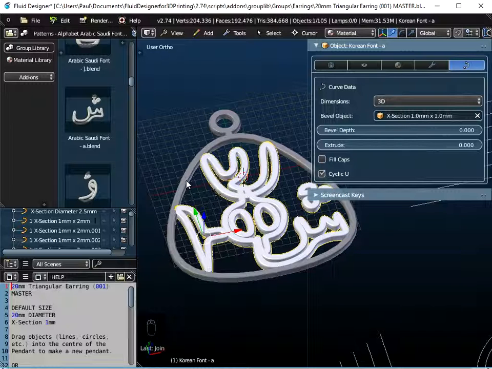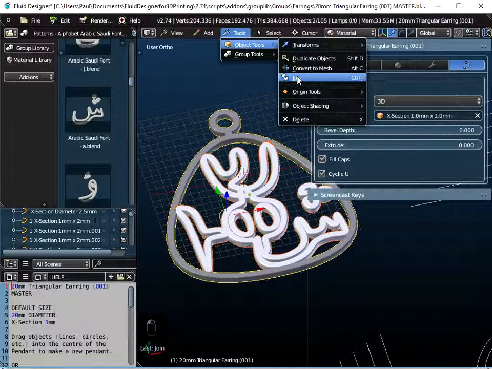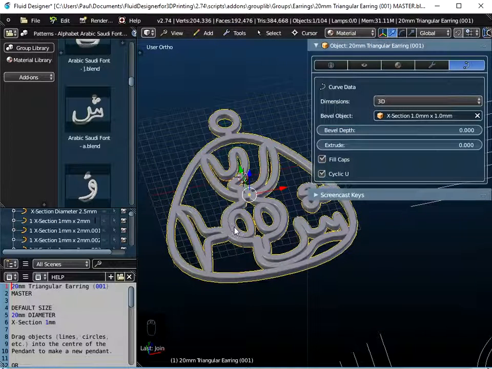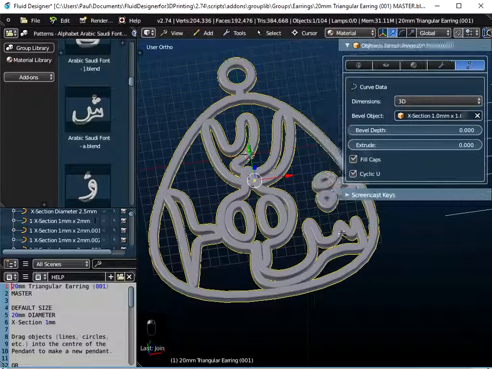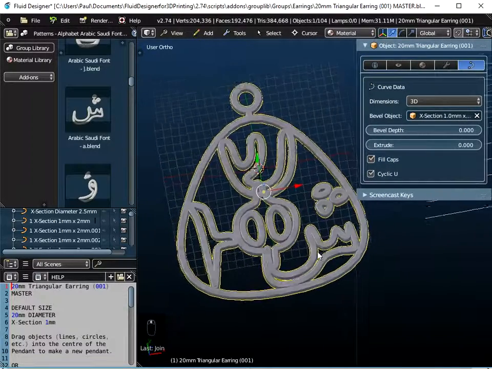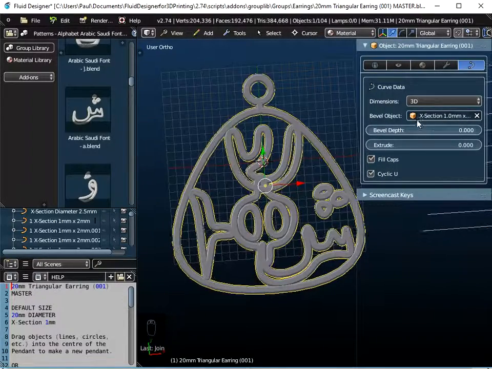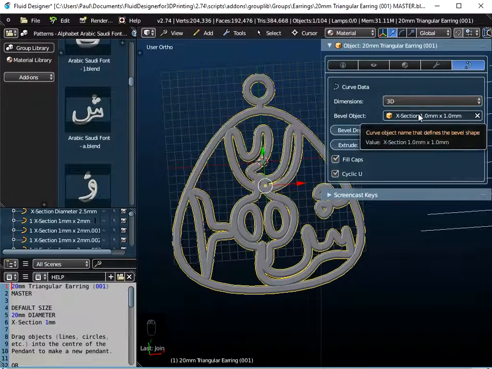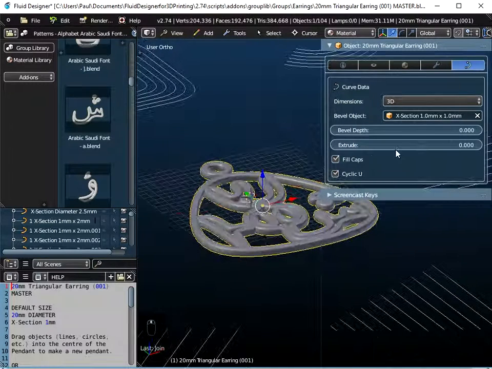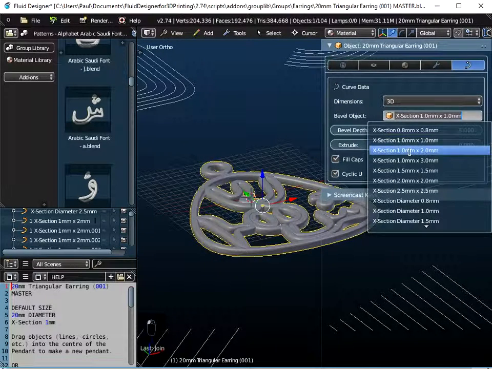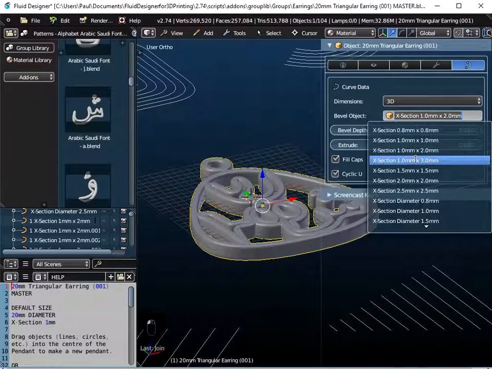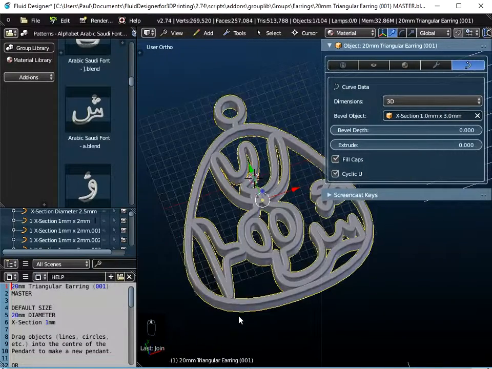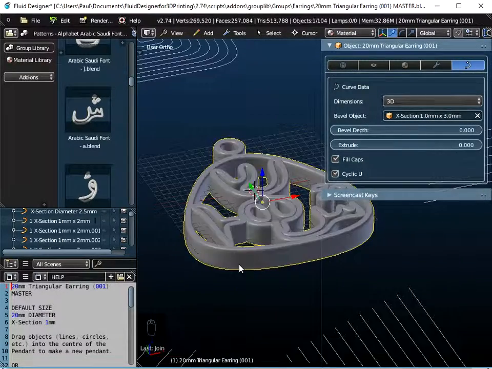If I hold down the Shift key and select the earring itself now, and go to Tools, Object Tools, and Join, all those are now one object which will 3D print. And notice that the cross section of them, I just opened this, is 1:1. Now if we actually wanted to create a pendant here, we could thicken this up, make it 3mm thick for example,